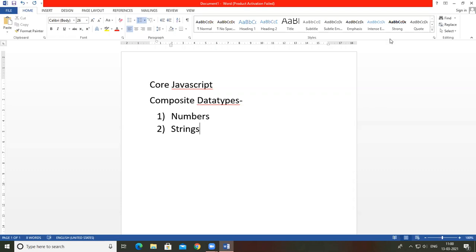The number values are declared by using the number data type, and strings are used to define the string values or text values.